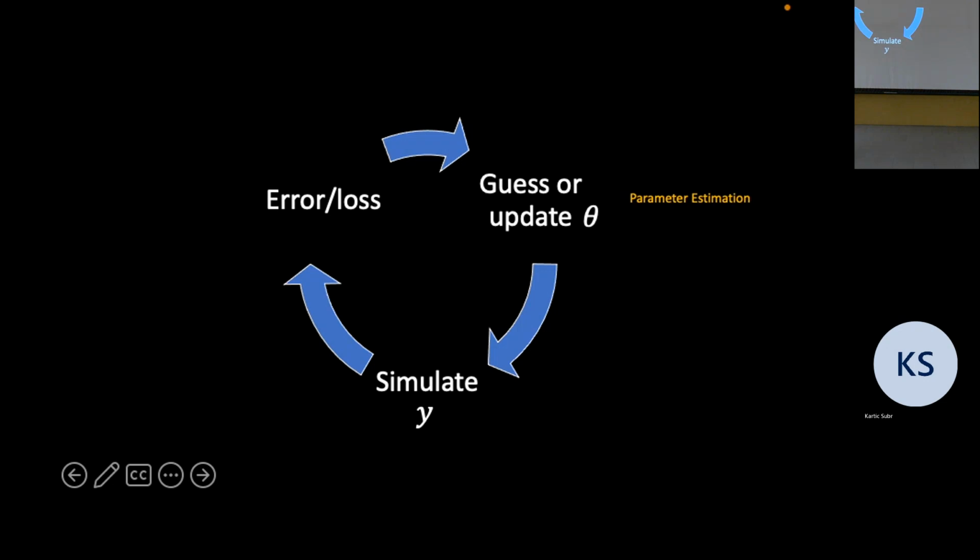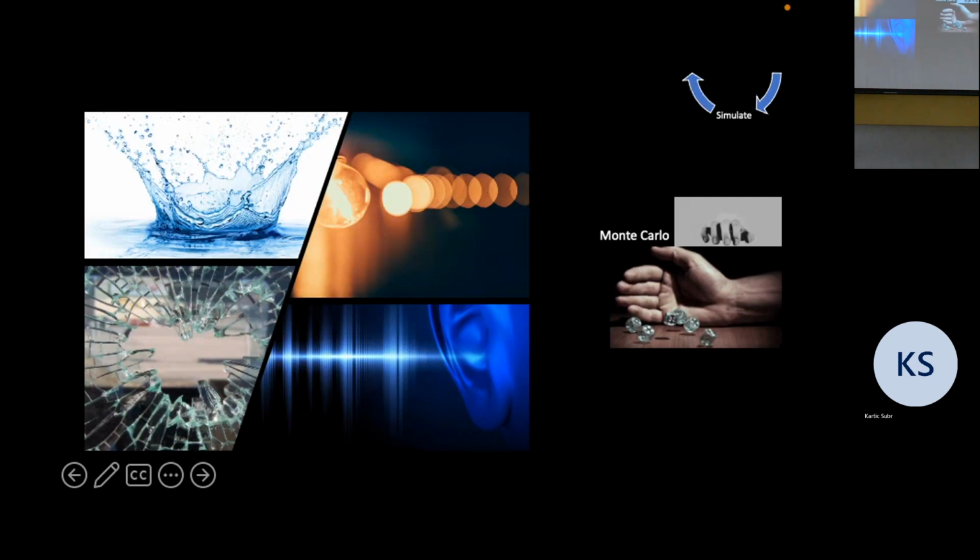But the general method, as you see, is that you somehow guess these parameters, whether it's viscosity or restitution. You run some simulation, then you find a loss, and you keep cycling through this. And in my background, when I did computer graphics, there were different types of simulations. We did liquids, but we also did light, sound, and things like fracture with FEM and so on.